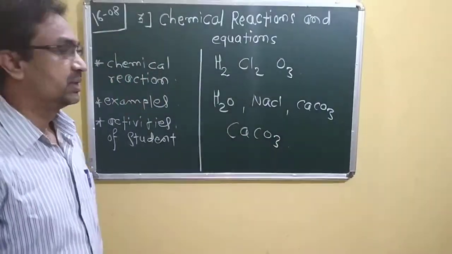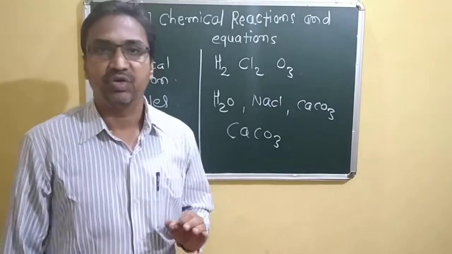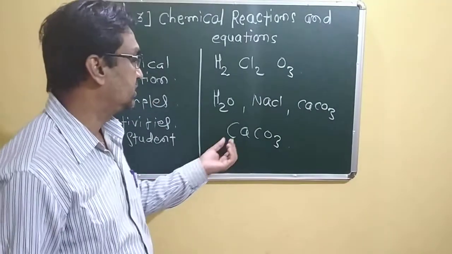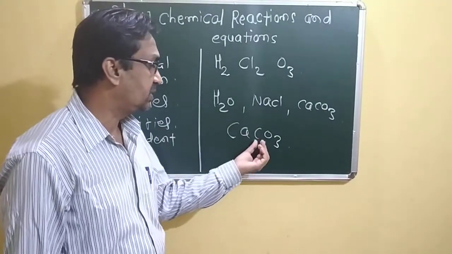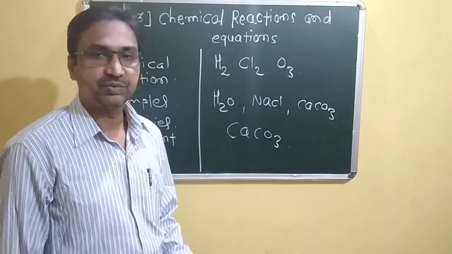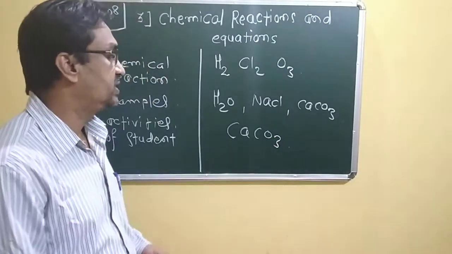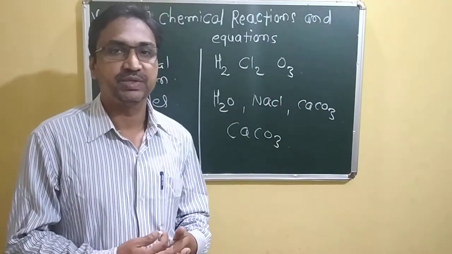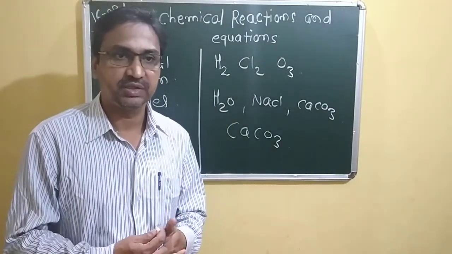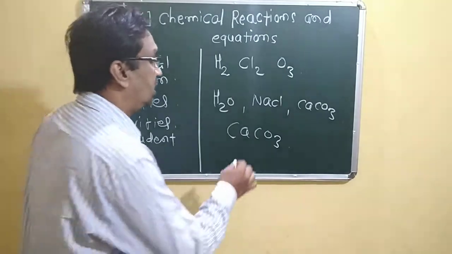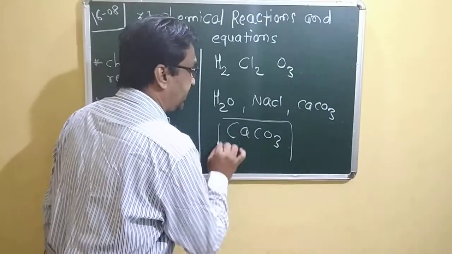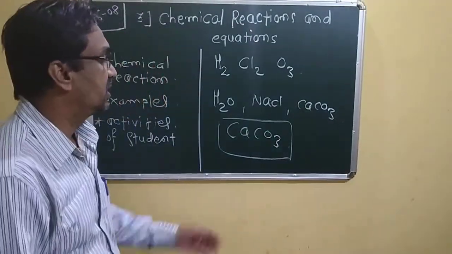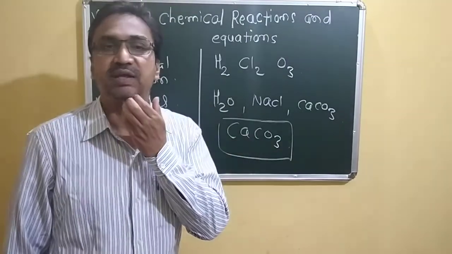Okay. So calcium carbonate is made of a composition of these 3 elements: calcium, carbon, and oxygen. These 3 elements are combined chemically in definite proportion, in the presence of some conditions, and after that they are written as radicals, that is calcium, carbon and oxygen, these elements